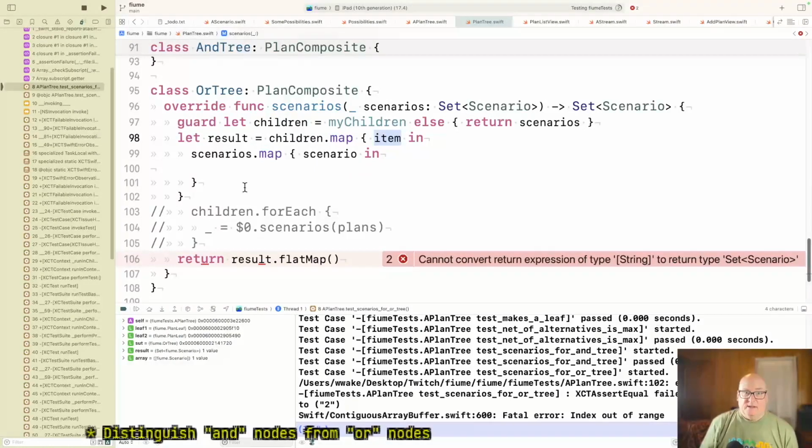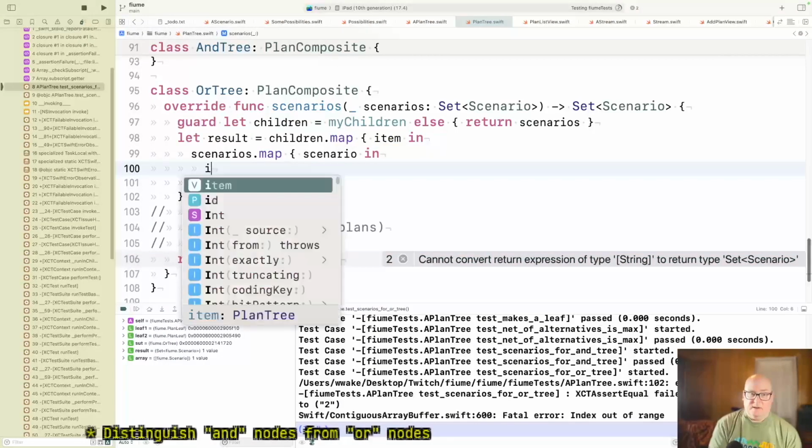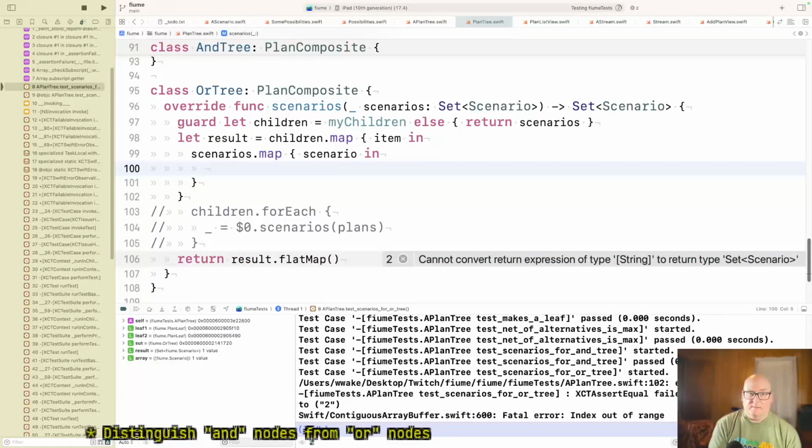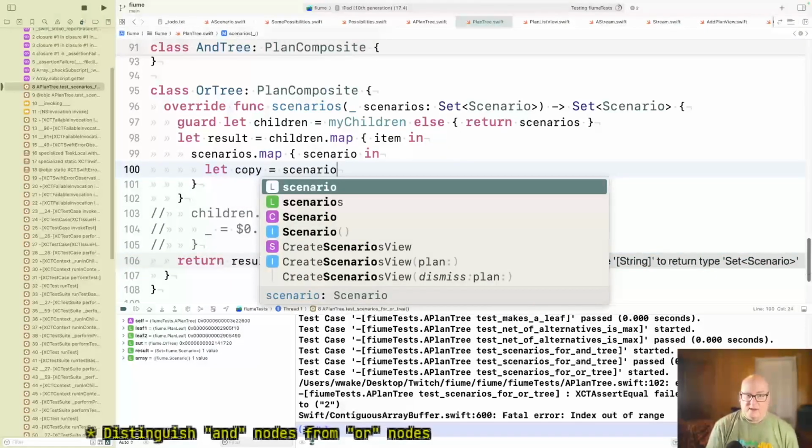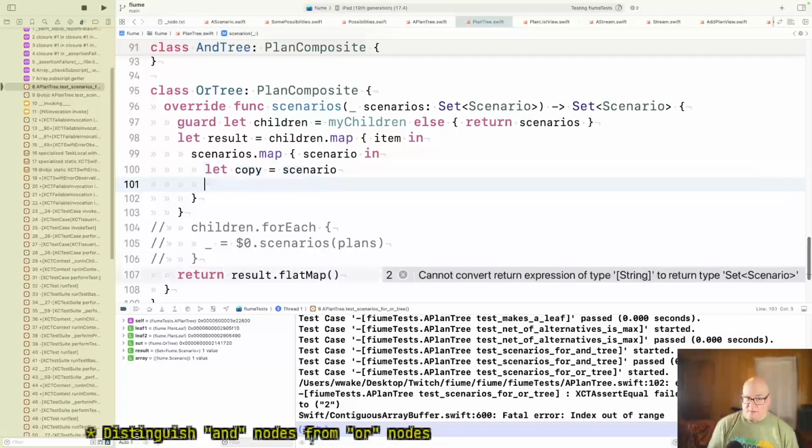All right. But I don't know what it is, so I'm going to have to ask it to do the job for me. All right. So I'm going to say scenario, let copy equals scenario. Okay, I need a totally new copy of the scenario because every one of these is going to mutilate it different ways.